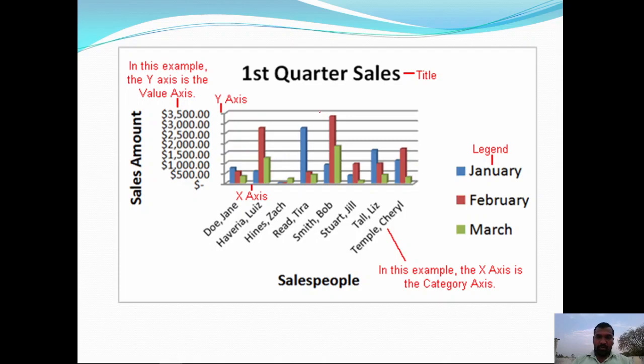By seeing it, we understand the graphical components, but we must have some knowledge about what the x-axis and y-axis are, what the title is, and what the legends are. Then you can easily understand any kind of chart.